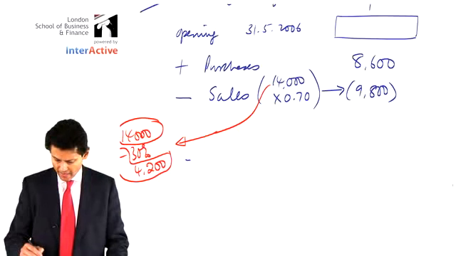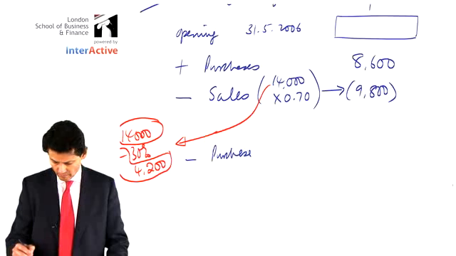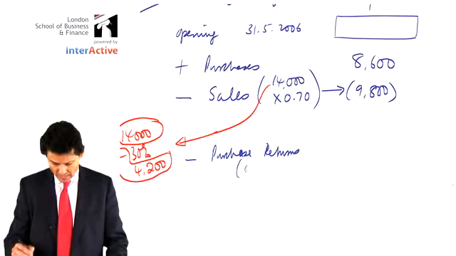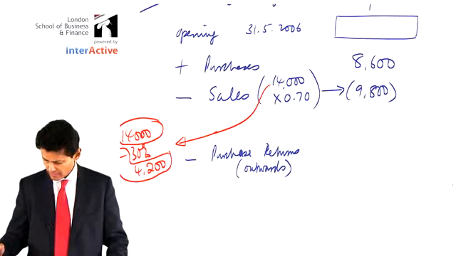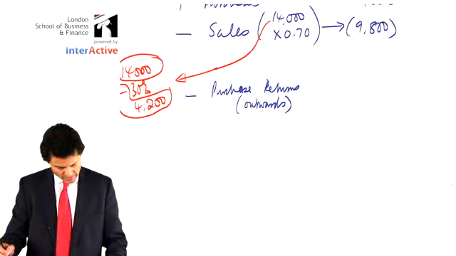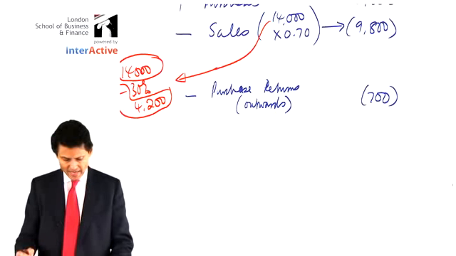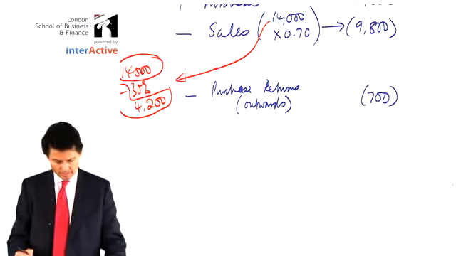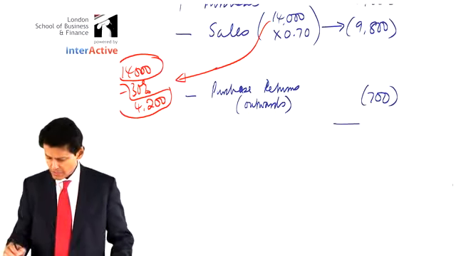So that's almost like a purchase being returned. Purchase returns outwards, away from inventory. Purchase returns outwards is said to be 700. So that is like a deduction from the purchases. And so what's counted